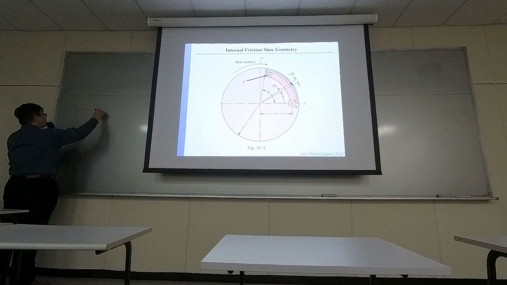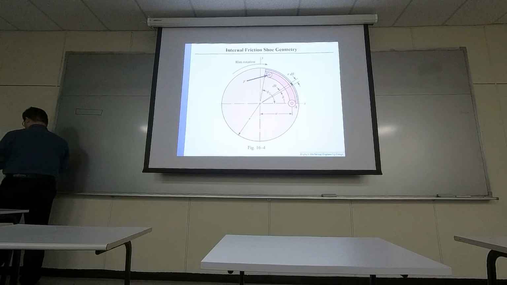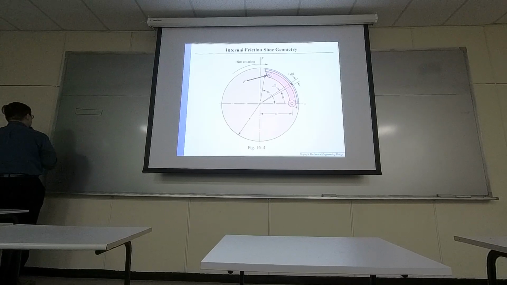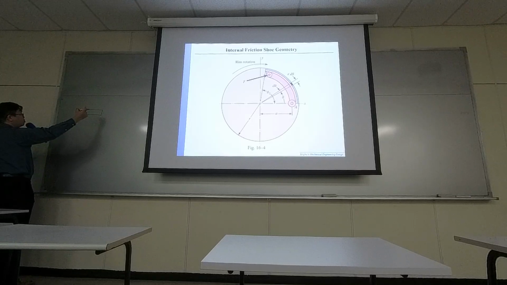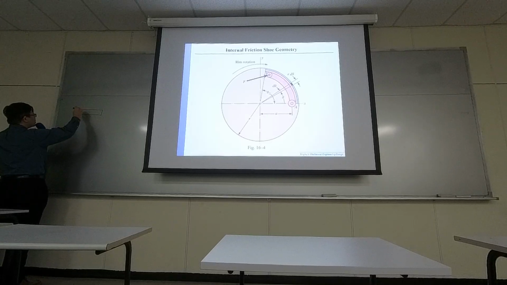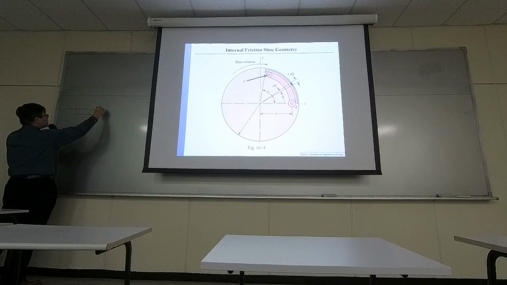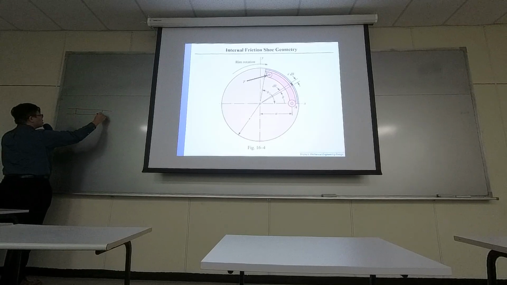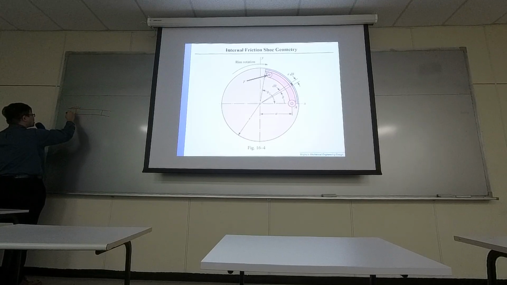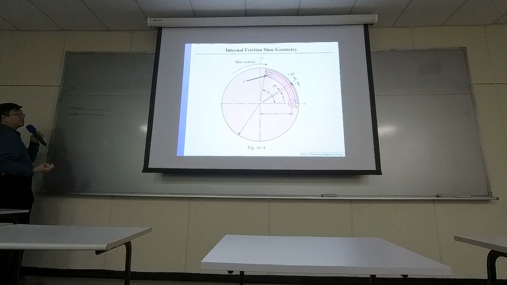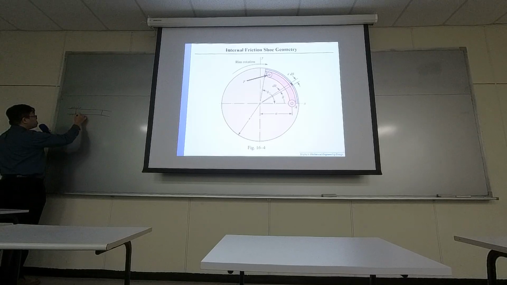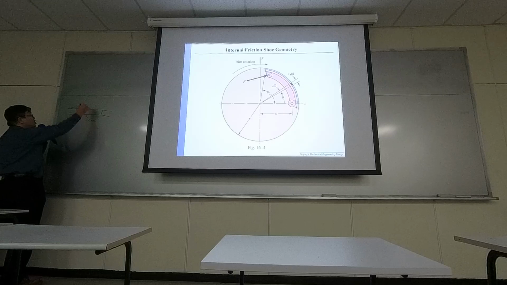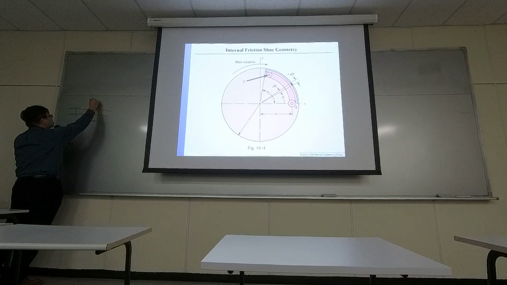So if you have a piece of either clutching material or brake material, this is one side, this is the other side, and you have contact, and let's say you have friction over here, right? So usually you need to apply some pressure,